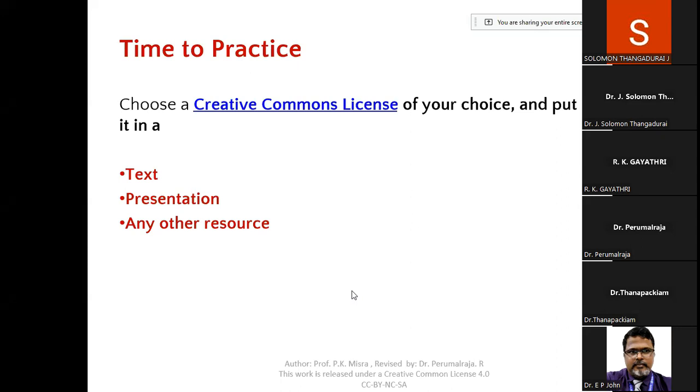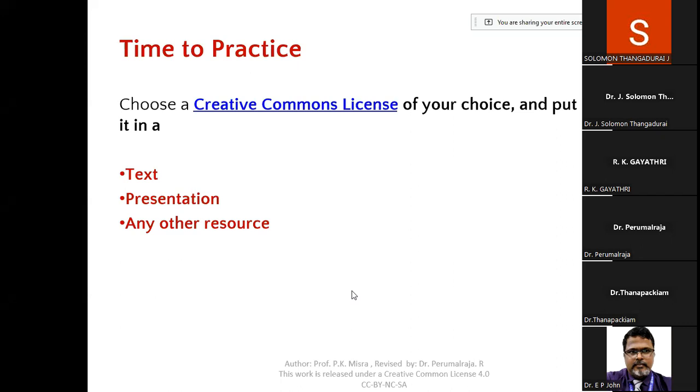Now we come to the point of the Creative Commons license. How can we create a Creative Commons license? Suppose you are very much connected with society. You think that whatever material you are preparing, you want to put it out for society because it will be helpful for them. Then you create a Creative Commons license for your material and put it in an OER. It will be available to everyone, so they can utilize the material, and they will certainly cite your name. Obviously, with Creative Commons content, they need to give you attribution.